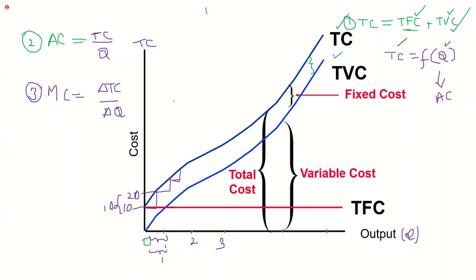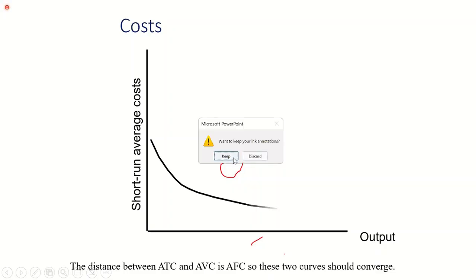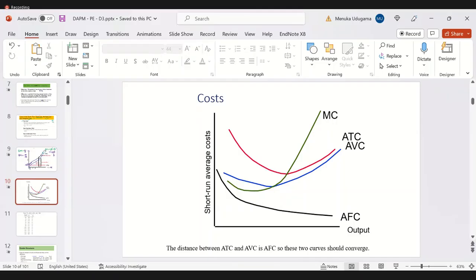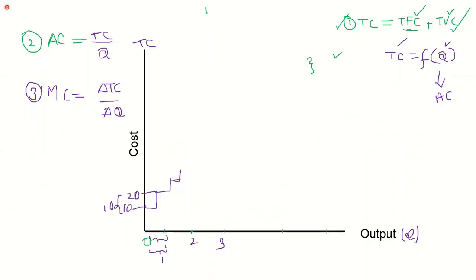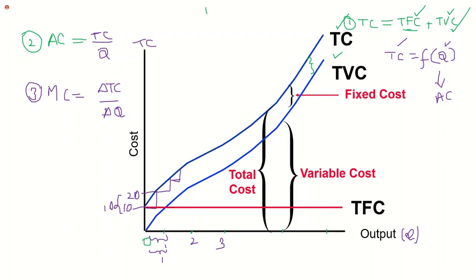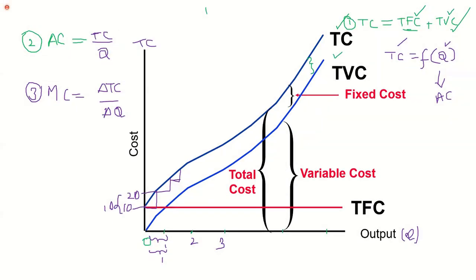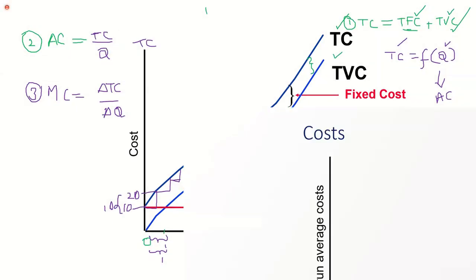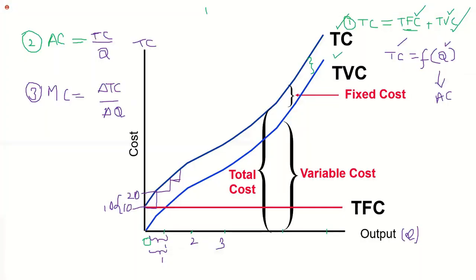Right. So now let's try and derive this. If you plot these values on a graph, you have output again, just like in the previous graph, output on the x-axis, and the average cost and the marginal cost on the y-axis. Now, if you go back to this relationship,